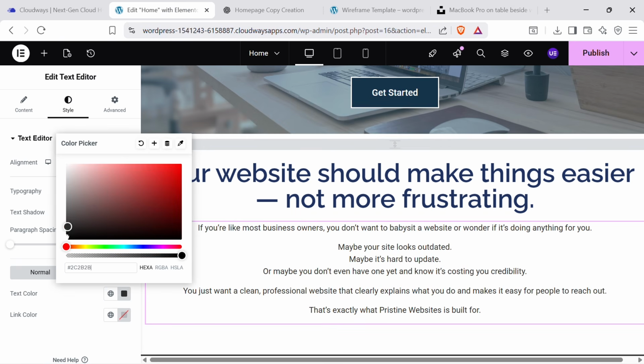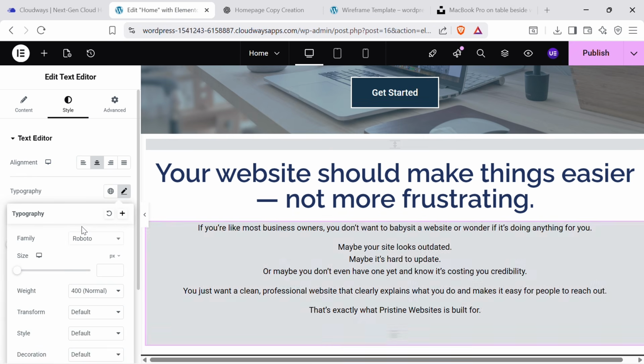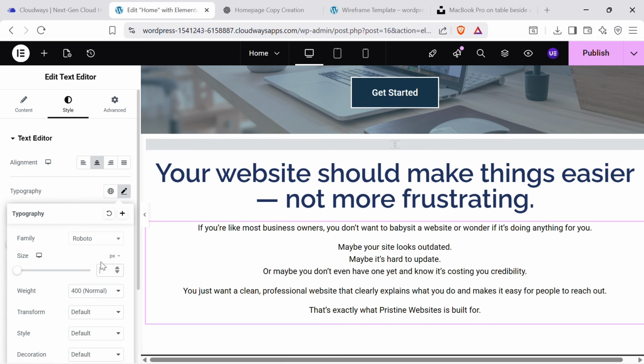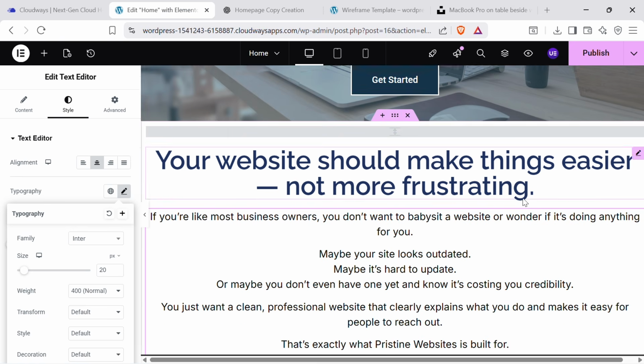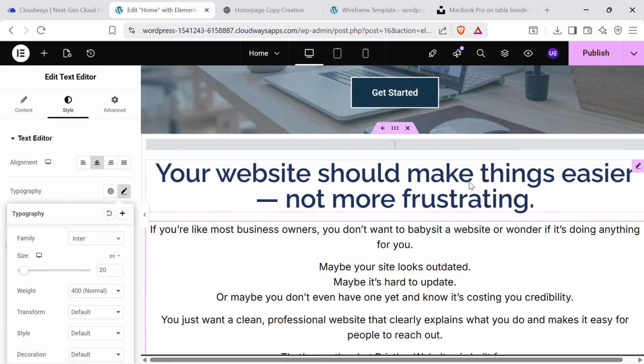I'm going to change that to fully black. I'll change the font of this to 20. I don't like that font that it is. Let's try like Inter. Looks a bit neater like that. Okay, so